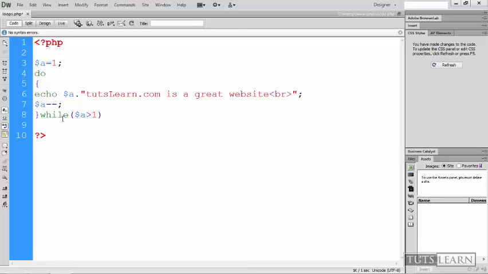Then it tests whether a, that is 0, is greater than 1. Well, not. So it exits the loop. But as you can see, the condition was always false, but still it executed the statement in this block